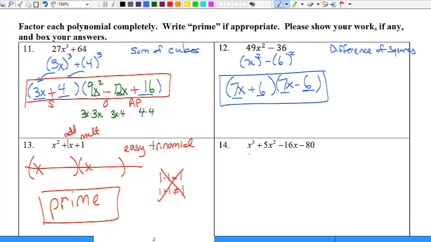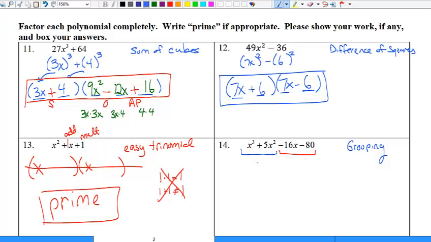There's no GCF because the last one doesn't have any x's, and the first one doesn't have a coefficient other than 1, so there's no way you can do a GCF. But 2, 3, or 4 terms? Well, in this case I have 4 terms. The only thing you can do with 4 terms is grouping. So I'm going to group my first 2 together, and I'm going to group my last 2 together. In my first 2, x cubed plus 5x squared,